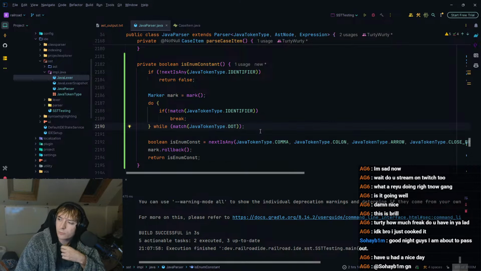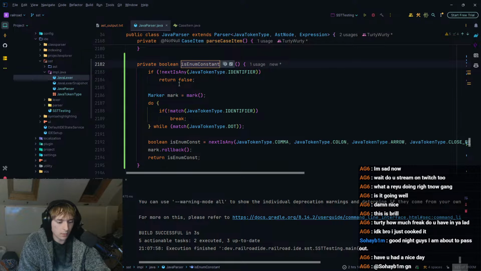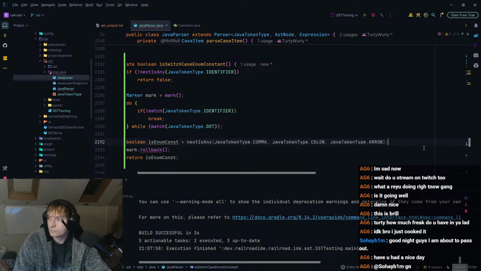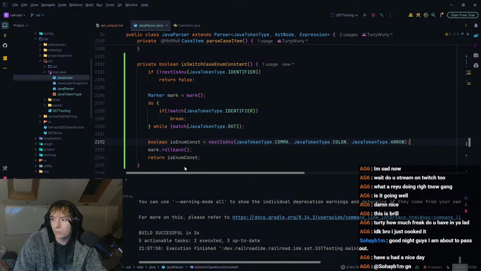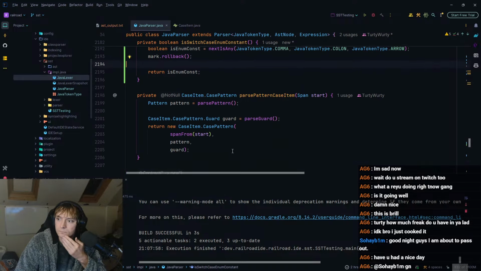How could you have a closed brace? No, this needs to be is switch case, enum constant. Then it's comma, colon, arrow. And then we roll back, return.